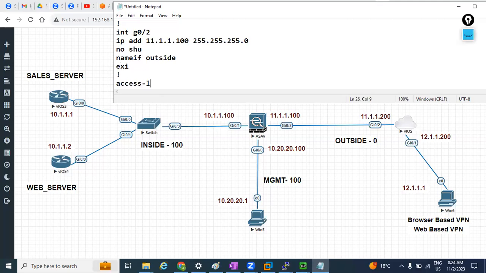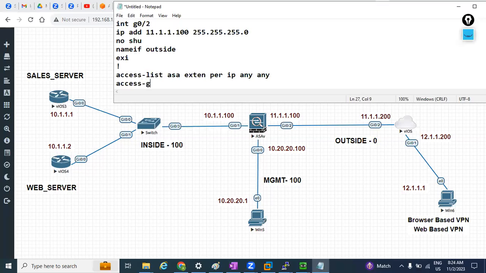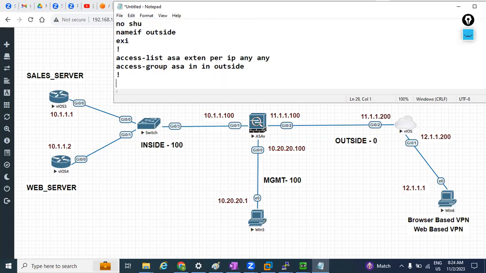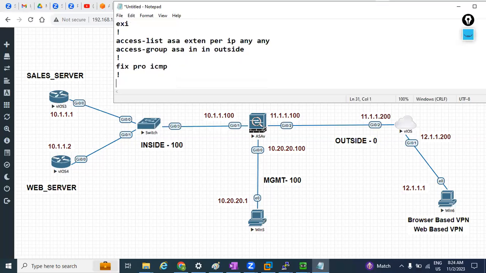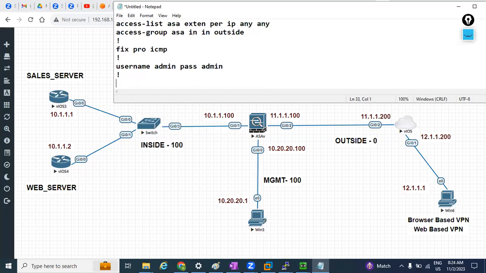Then an access list: ASA, extended, permit IP any any, and access-group ASA in interface outside. Okay, so protocol ICMP, and after this my username admin, password admin. Okay, then